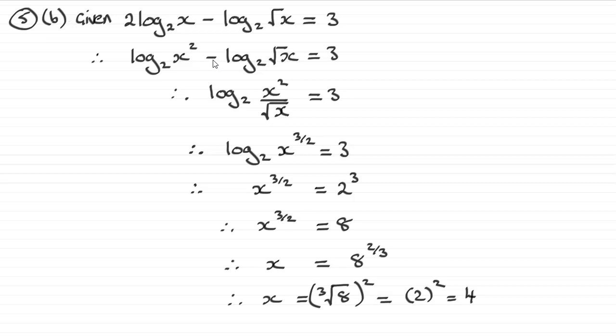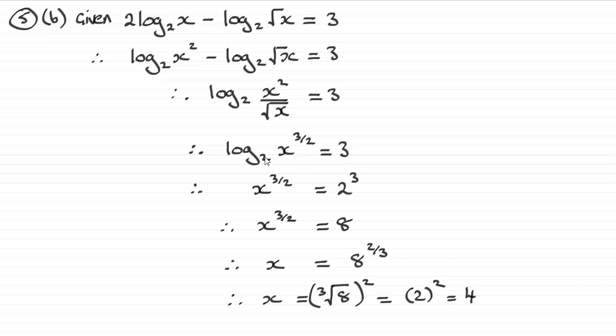So we can use the rule that it's the log of one divided by the other value. In other words, just the log in base 2 of x squared divided by square root of x. And if you work that out by subtracting the powers, you're going to get x to the power 3 over 2. And then we need to remove the log here. We anti-log or take the inverse to both sides, and we end up with x to the power 3 over